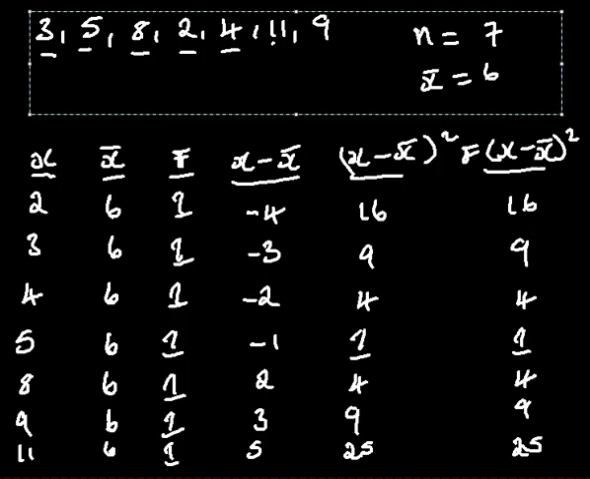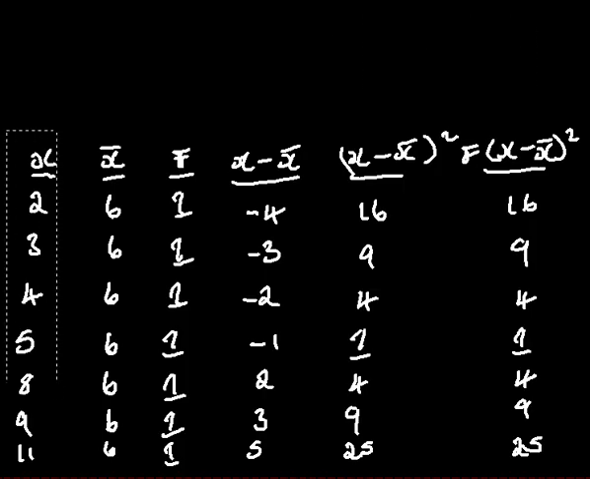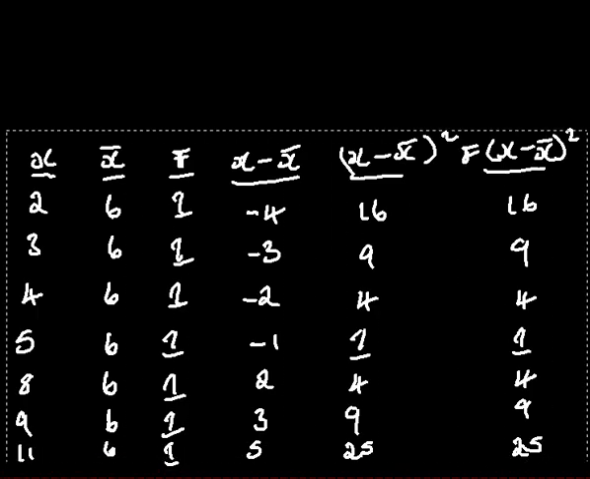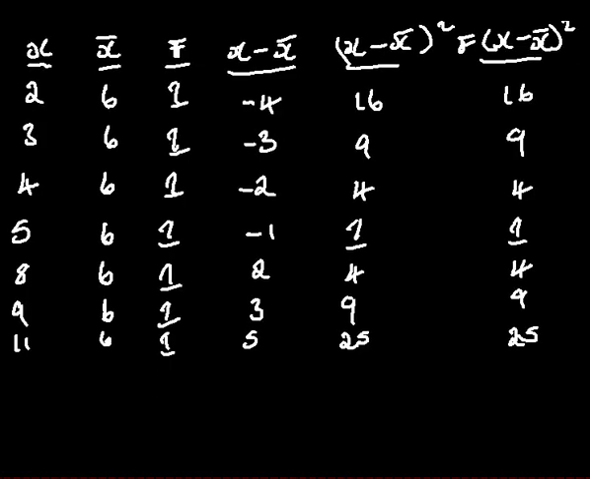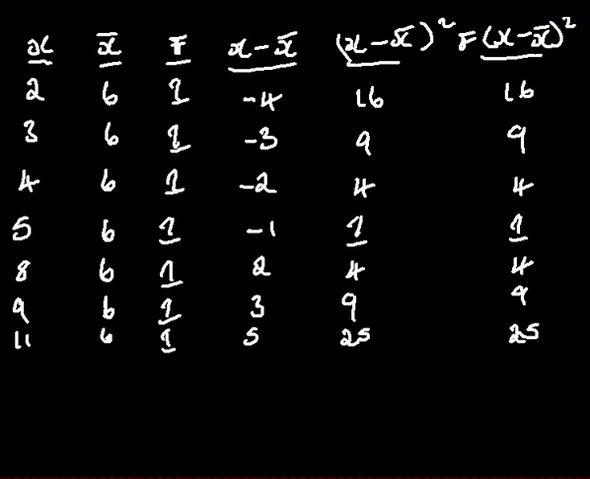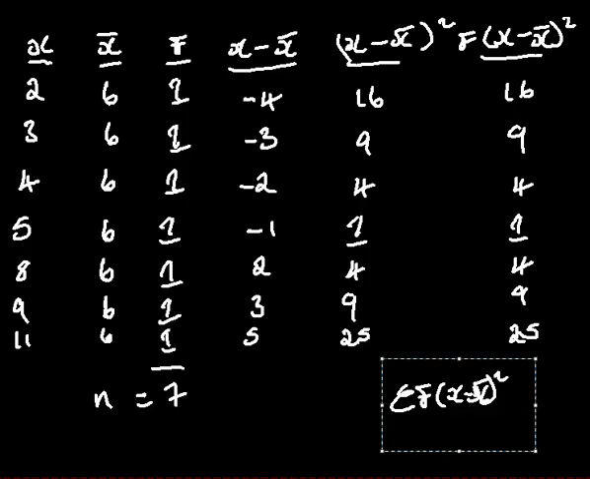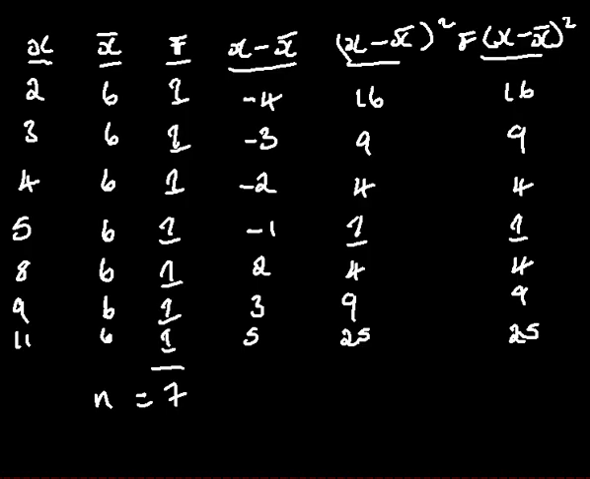Then what will go up next? We should have the summation of this column. So that is the value of n, we have it as 7. And we should have the summation of this column as well. Let me present that properly. In this case, we'll have the summation of